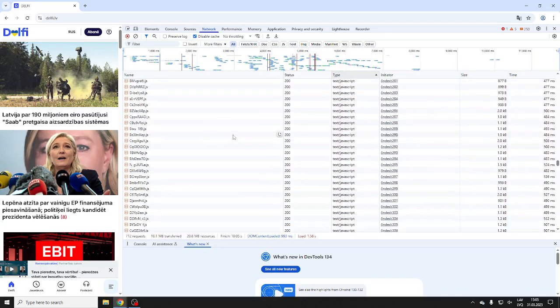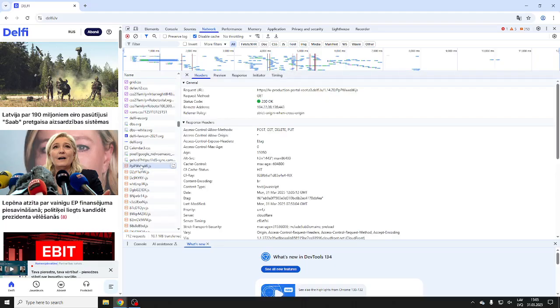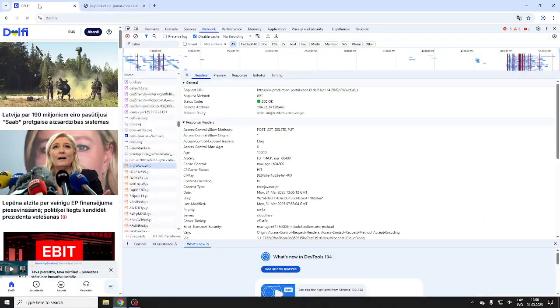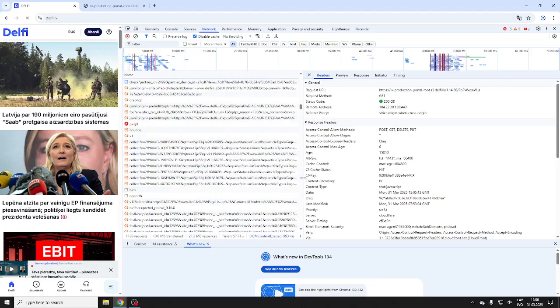What's happening underneath? Let's see if we have anything we can actually inspect. Look at this code. It's probably all minimized, I'm sure. Look at this nice JavaScript code. It's hard to say what it is. There's some cookies. You can see there's some stuff happening here, and it's really hard to determine what it actually does. There's also concatenations, so there's lots of processing happening underneath. It'd be really hard to see exactly what's happening, but most of it is dealing with all kinds of